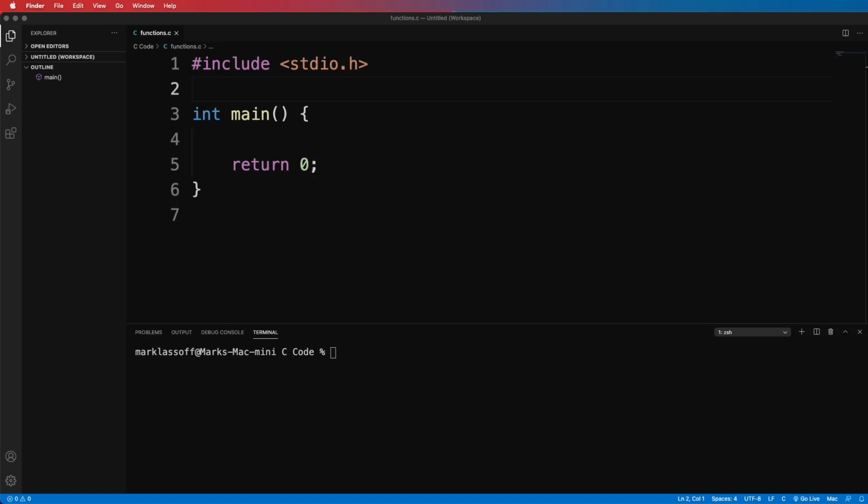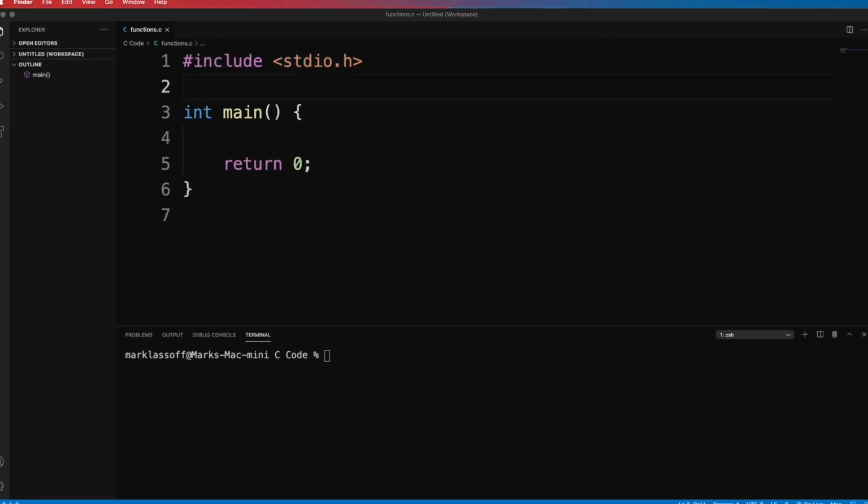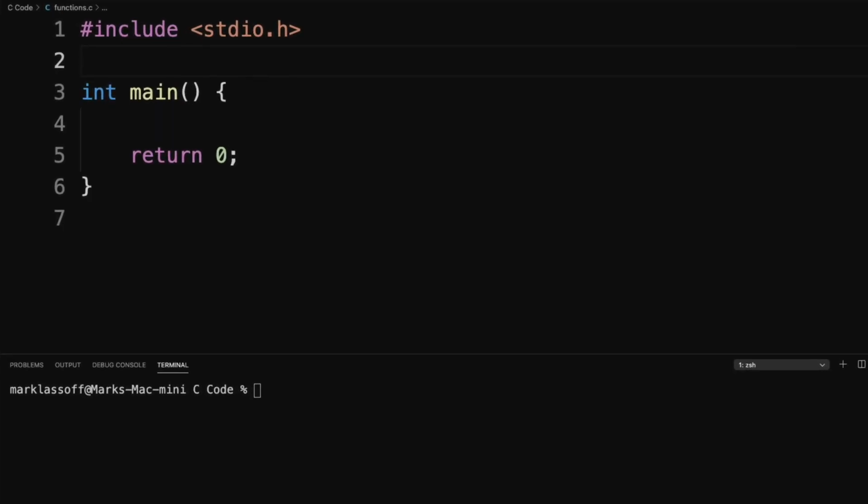I just haven't talked very much about them. The function called main is where C knows to start executing your program. The main function itself starts with int because it returns an integer. It has the word main, which is the name of the function, and then in the parentheses, it receives no parameters. Nothing is received by the specific function for it to work on.